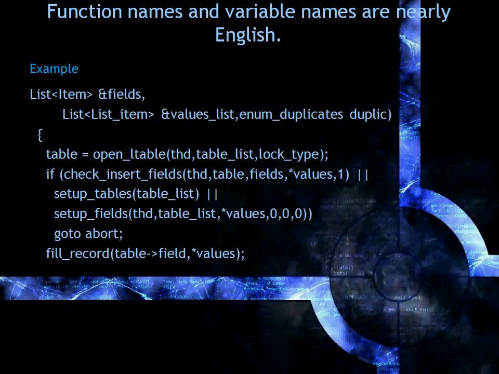By using open table, check insert field, set up table, set up fields, field record, these kinds of more English-like variable and function names in the source code, it's really easy for a programmer to understand the meaning of open table. What is done by using that variable name, what is done by using that function. Just don't need to